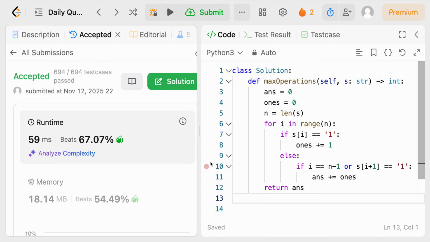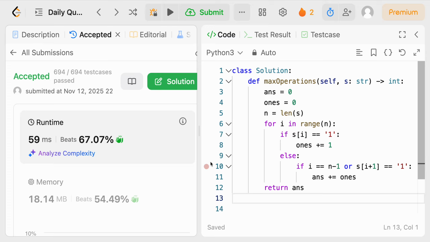So, on a high level, again, how are we really solving this problem? Effectively, we're really just iterating through, as we usually do, the string from left to right exactly once with a singular for loop here for that efficient runtime complexity. And we're maintaining a running count, basically just ones, of all 1 characters that we've seen so far in the input string s. And every time we actually encounter a 0, that would mark the end of a 0 block,